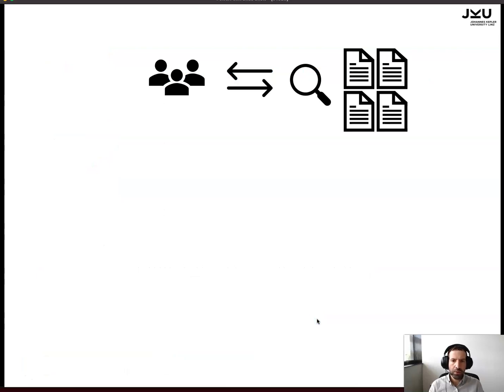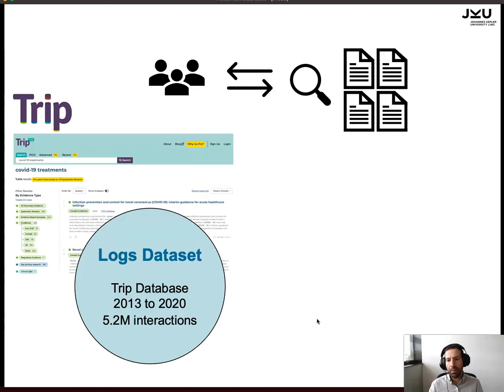The interactions of users with search engines are important resources for research in information retrieval. They can be used for training and evaluating search engine models, as well as understanding and analyzing the behavior and information need of users, and many other scenarios. This becomes particularly important in domain-specific areas such as health, as the existing data and resources there are more scarce. In this paper, we are providing the click logs of a